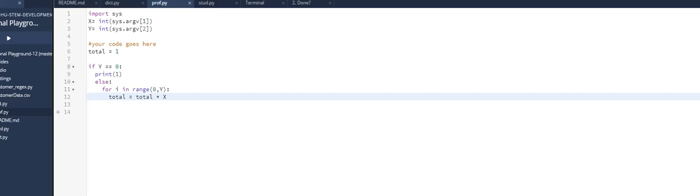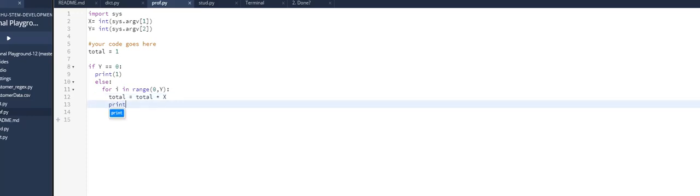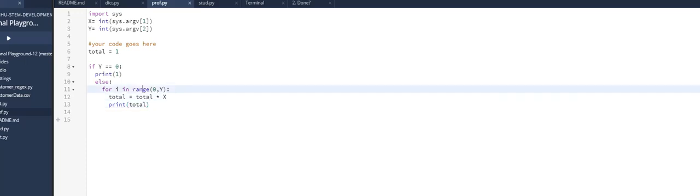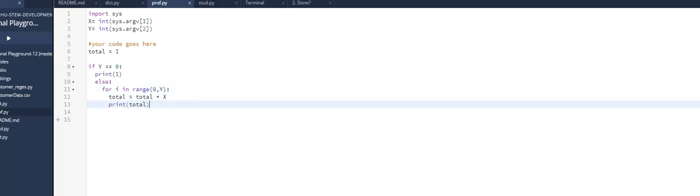And that creates the loop. And of course we want to print it, print total. And that is how you, there we go. Yeah, that's right. And that is how you create the code for raising the value of x